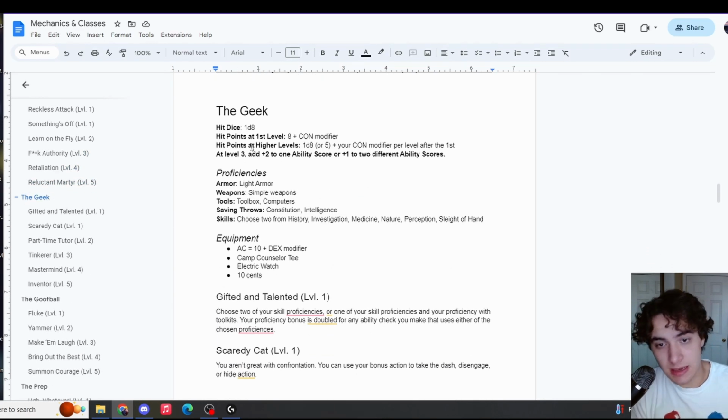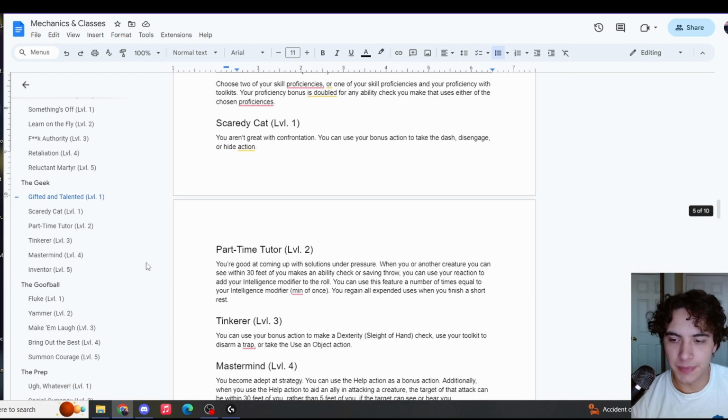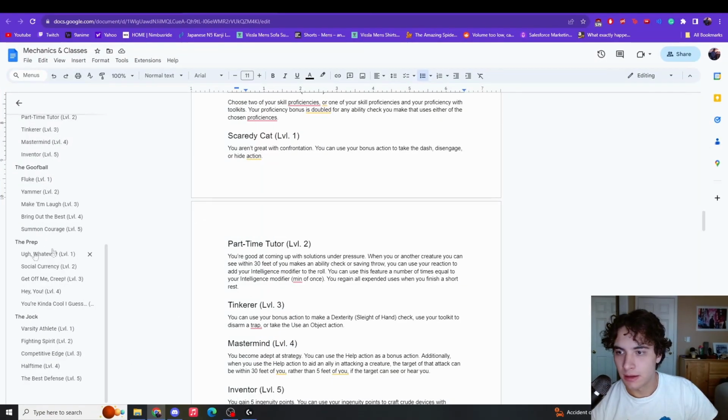Following that is the Geek, which has even lower hit dice. The Geek's whole thing is fixing these generators. They're going to be the one fixing the generators, while the Rebel can flex and change positions when they need to. The Goofball and the Prep, if you see here on the left, are more support, and of course the Jock is going to be frontlining. So